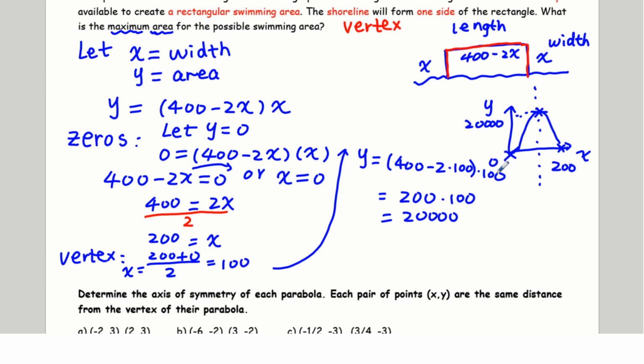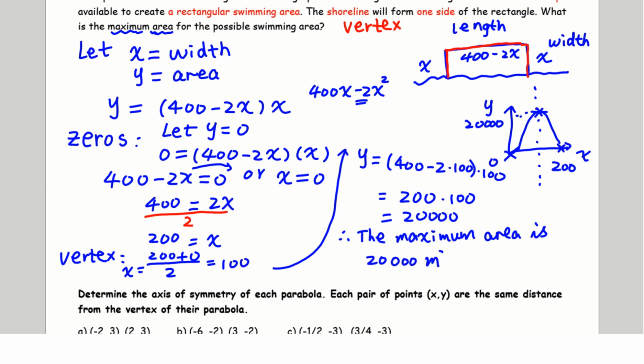If we expand, you will have 400x take away 2x squared. We know that if the a value is negative, then it opens down. So at this vertex, you will have a maximum value for the area. So the maximum area is 20,000